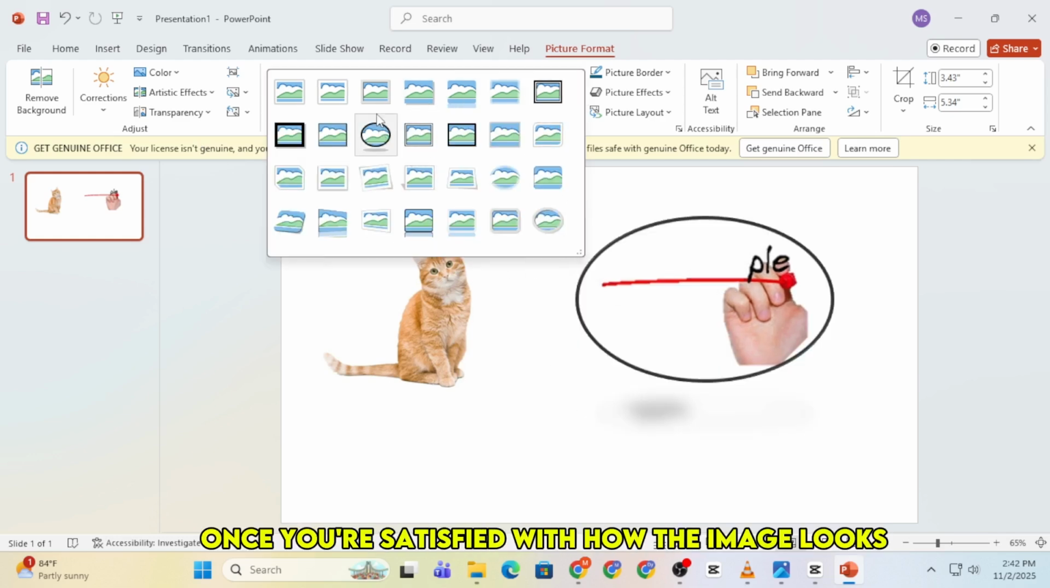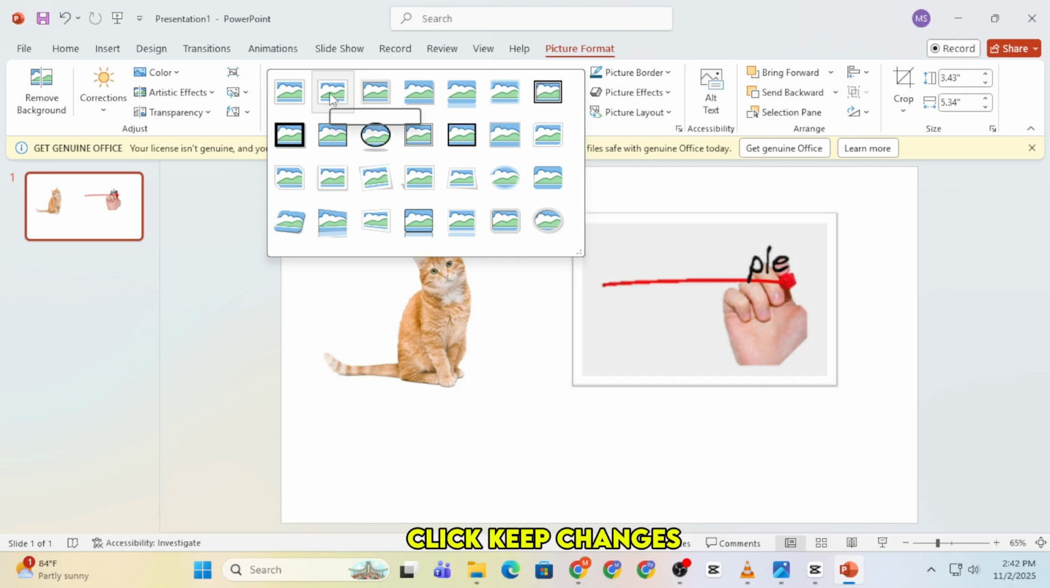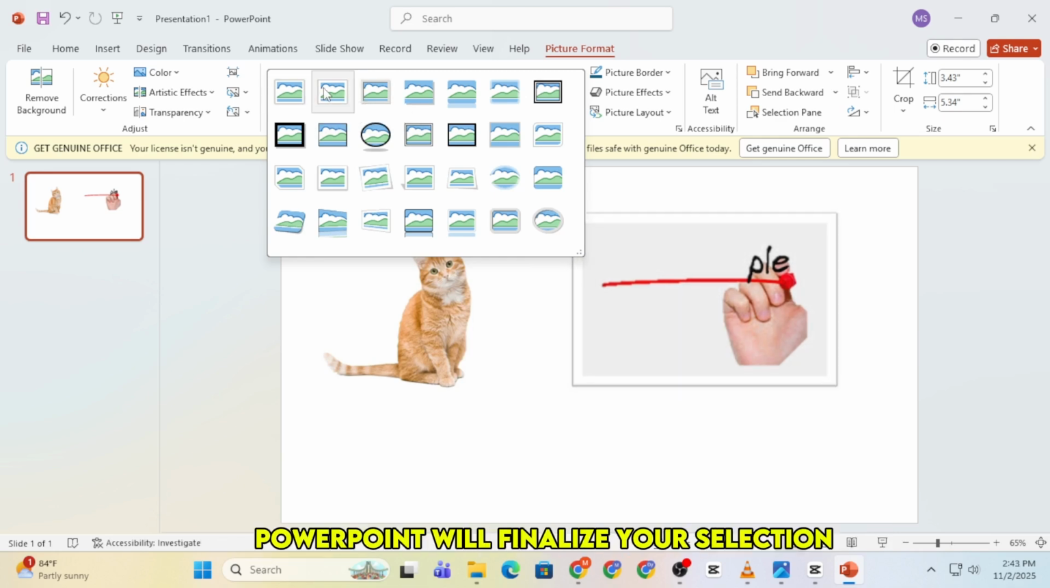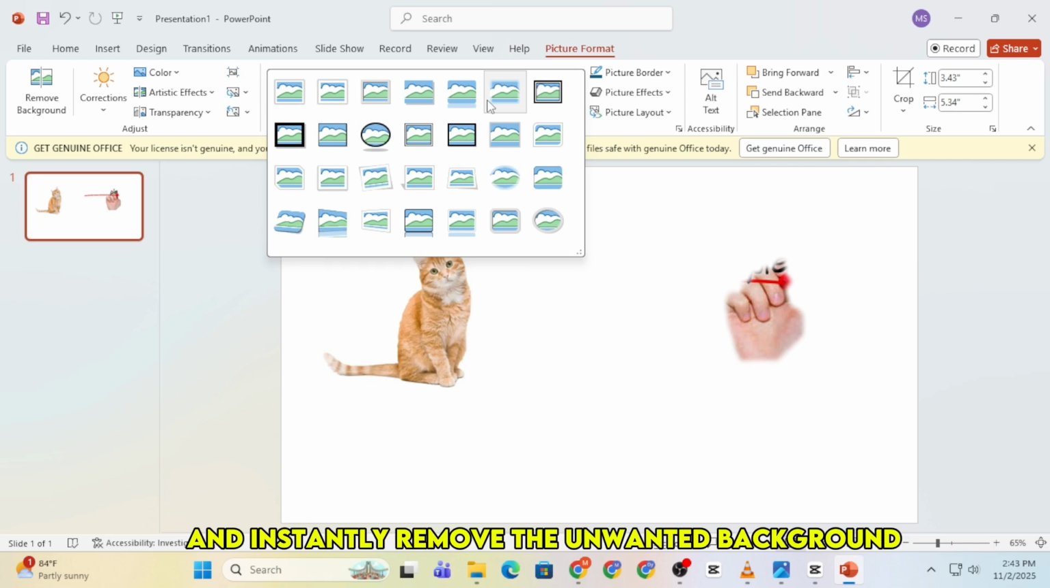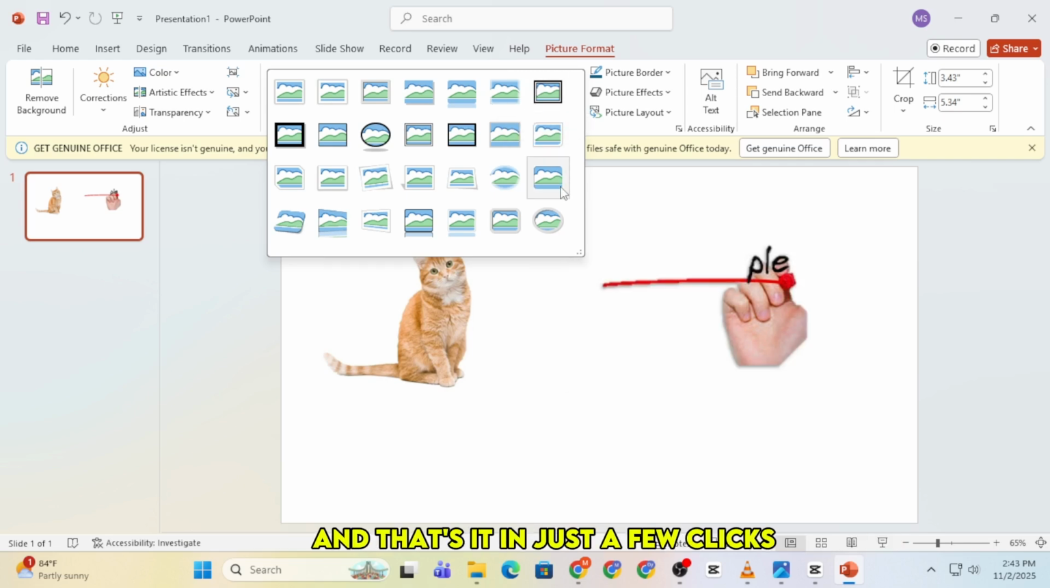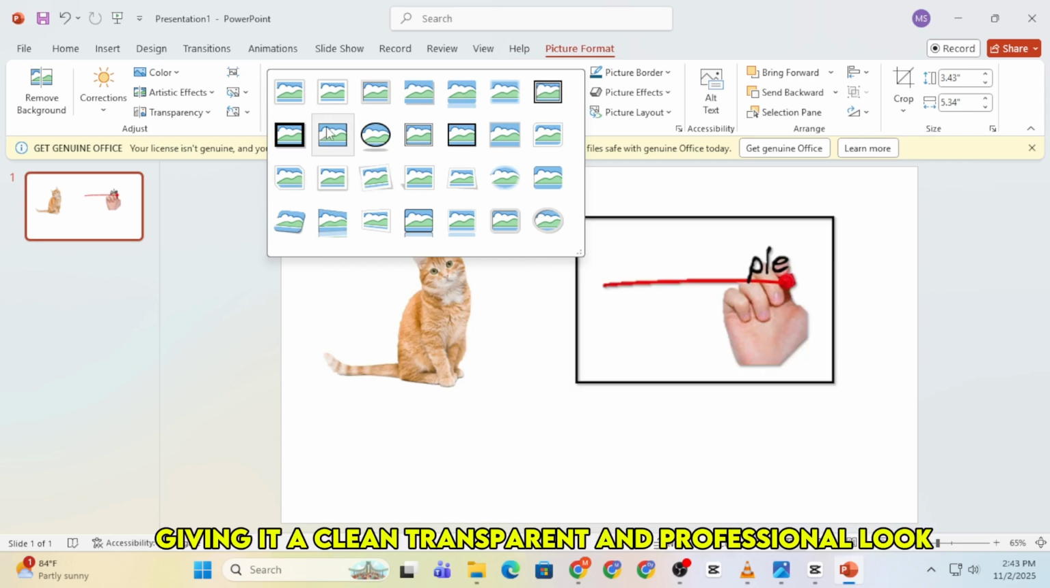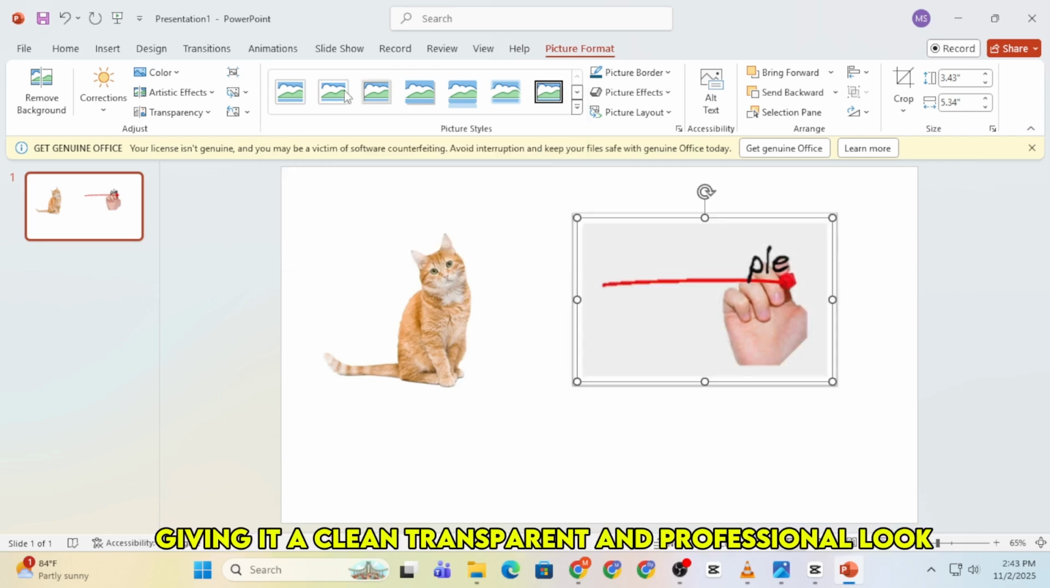Once you're satisfied with how the image looks, click Keep Changes. PowerPoint will finalize your selection and instantly remove the unwanted background. And that's it. In just a few clicks, you've transformed your image, giving it a clean, transparent, and professional look,